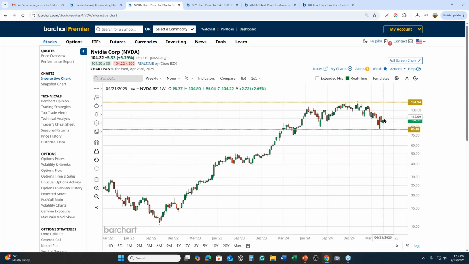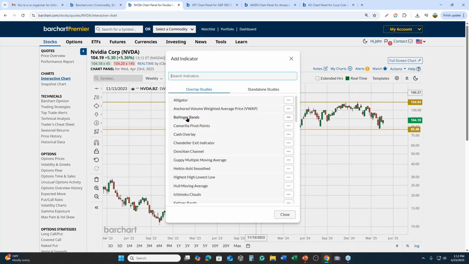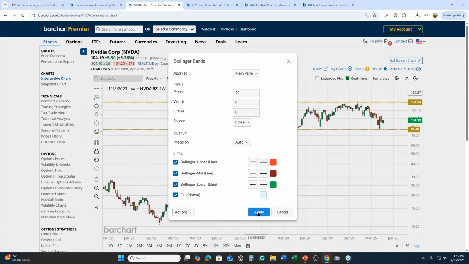And so there could be room for it to run back to, let's say, the middle of the range, or maybe even towards the upper end of the range. And that's why we can use things like Bollinger Bands to help us with that probability. So I'm going to go to my indicators here, and here it says Bollinger Bands that overlay. So I'm going to add them to our